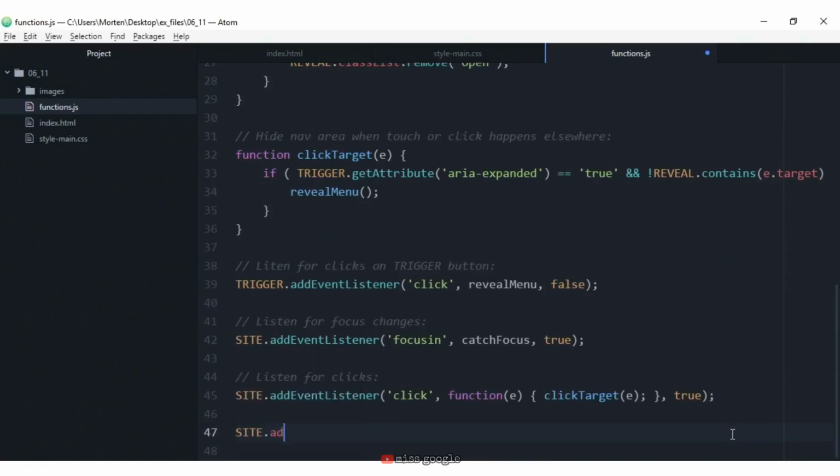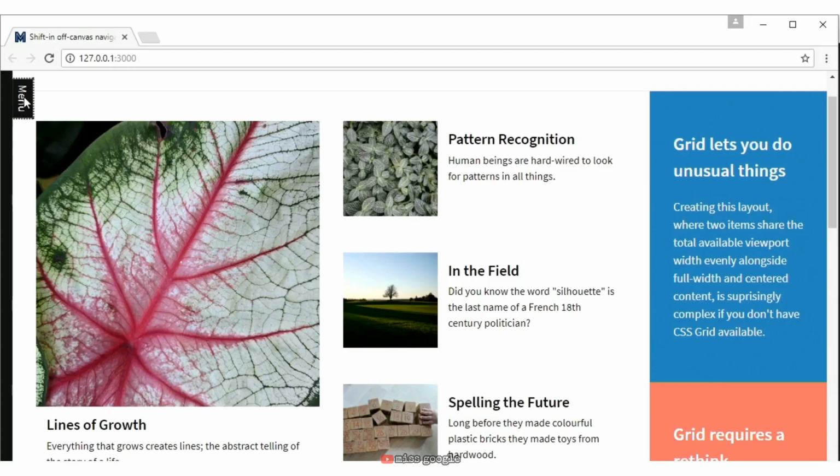Then I'll create an event listener all the way here at the bottom, targeting site, add event listener. Here I'm looking for transition end. And when that event happens, I run remove menu, save this, go back in Chrome, and now when I click